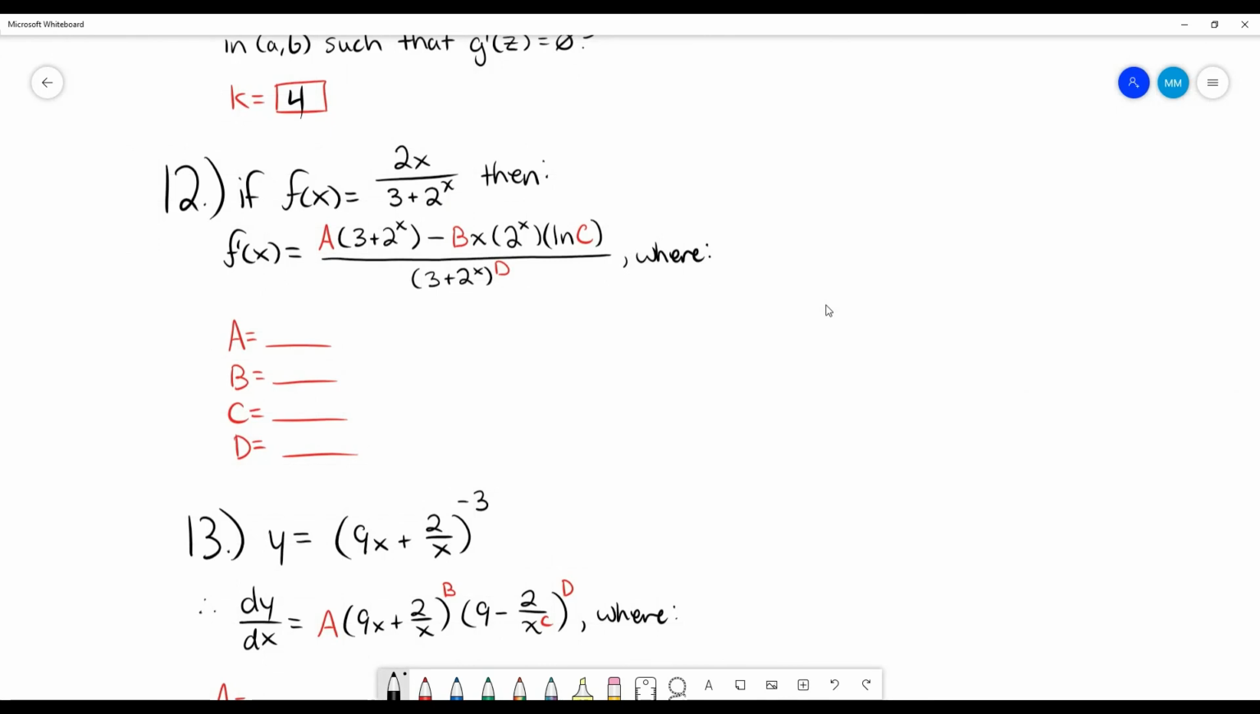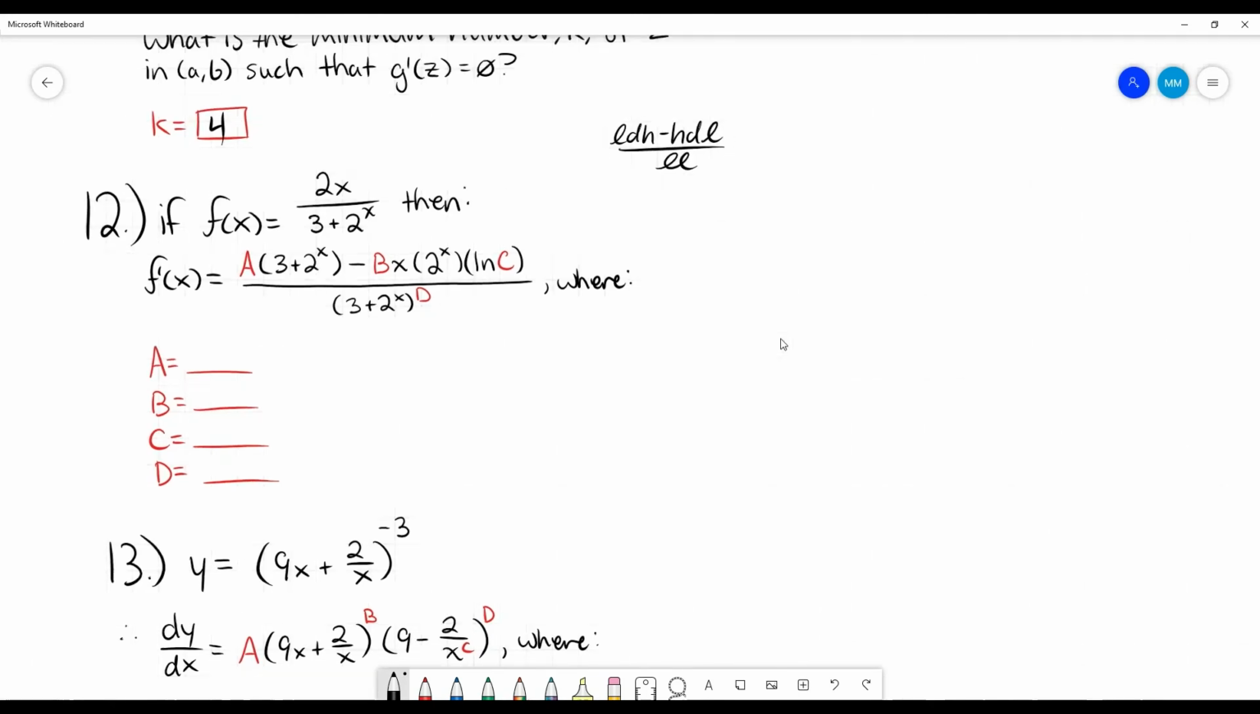And then our last 2 questions are just derivative questions, which shouldn't be too tricky, but I will go through them nonetheless. For this first one, we have to use our quotient rule. So low d high minus high d low over low low. And our first derivative should be in terms of just like that, so it should be fine. So let's go ahead and take that derivative. So it's our low term times the derivative of our high term, which is 2, minus our high term times the derivative of our low term, which, derivative of 3 is 0, derivative of 2 to the x is going to be 2 to the x times natural log of 2, and then all over the bottom, our low term,